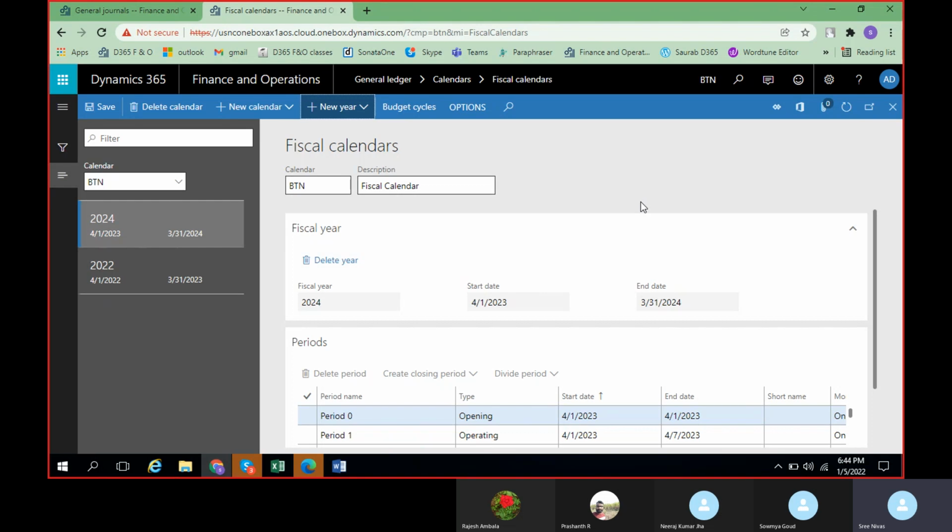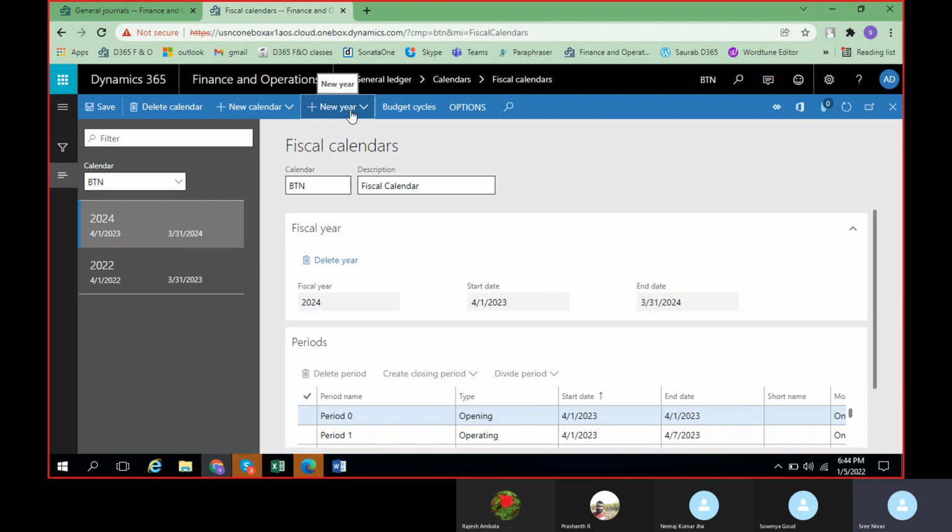If an end user tries to record a transaction for 2022, he will get an error saying that the fiscal calendar has not been created for 2022. Then he will raise a ticket, so the support team will check what the error is, and then they'll configure the fiscal calendar for that particular year or period.